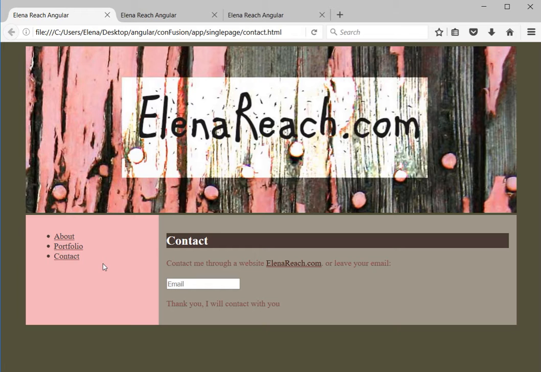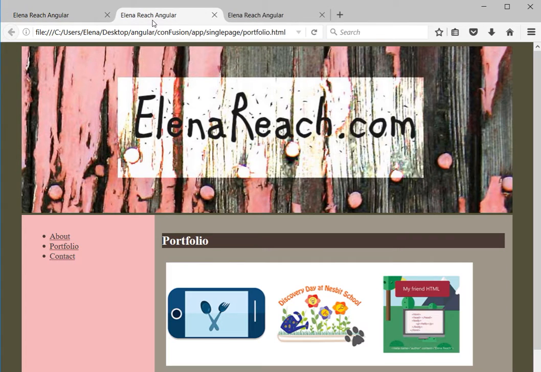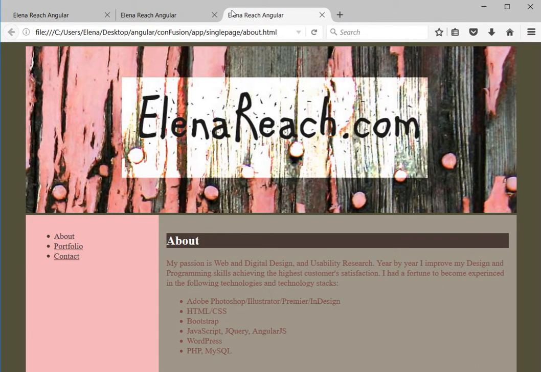All the time when users just need to find out what is about, what is portfolio, what is contact, he just goes to the server and requests one more page. And if you see the pages, they are totally the same except the content that we have in the left sidebar. So